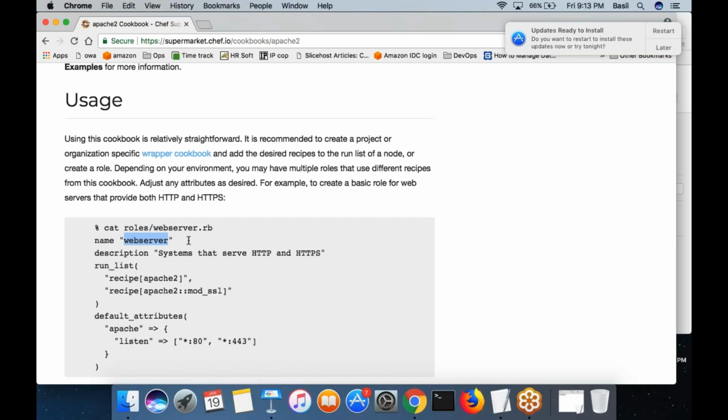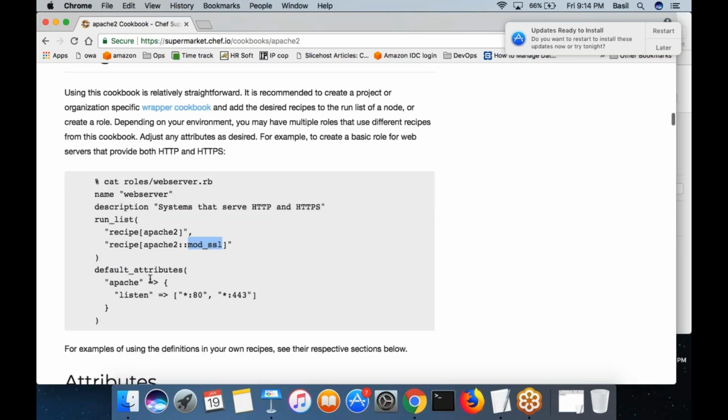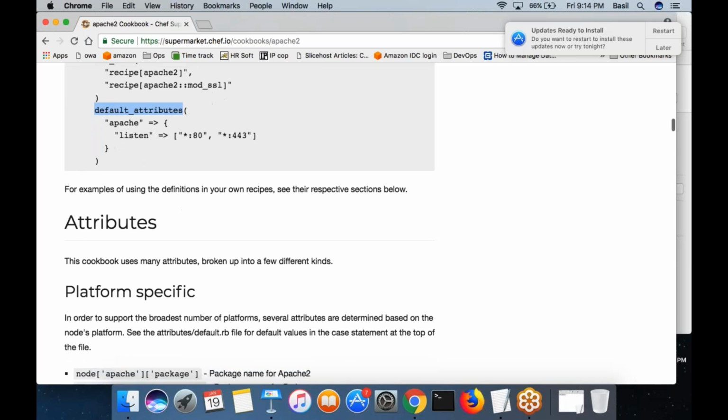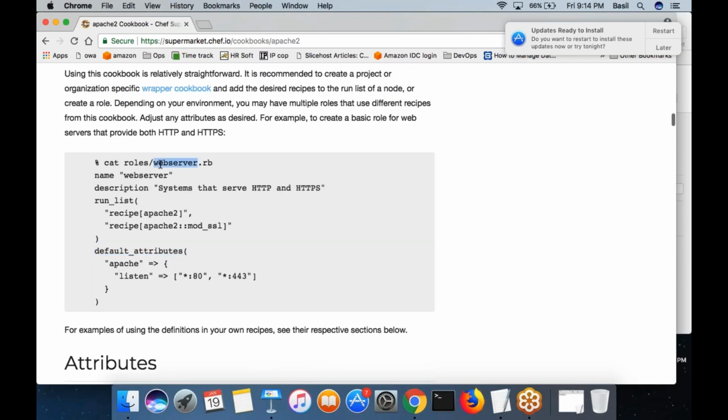So if you add any machine to the role web server, then those machine will run this run list. It includes two recipes. One is default, the other is mod_ssl. And of course, these are role specific attribute that you can set within the role. Fine. So this is how you would use it.